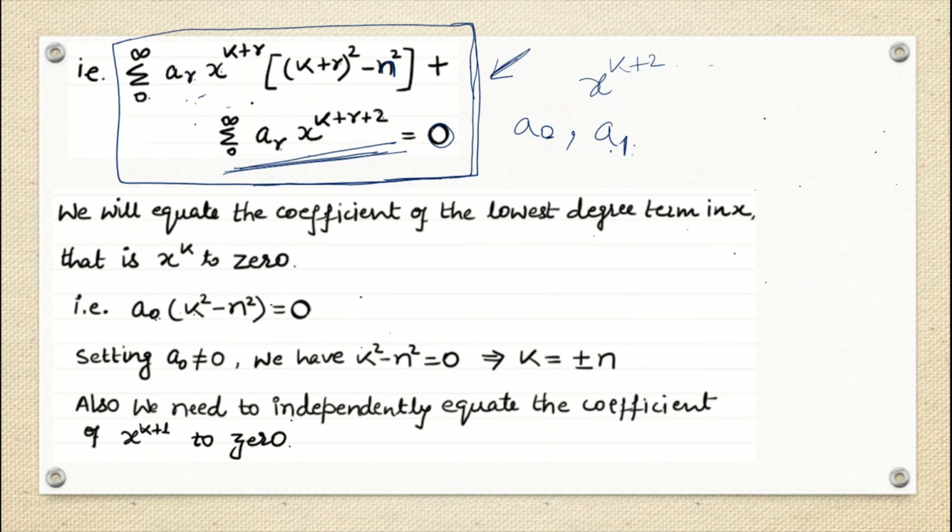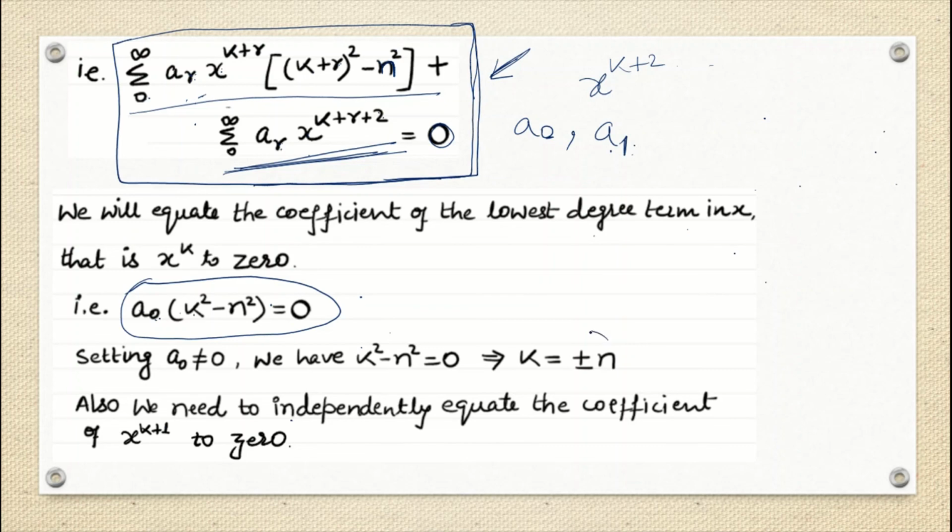Fine. So a0 and a1 you have found by using only this term, right? You have just picked out what is the coefficient at r equals 0, because you are equating the coefficient as 0. You cannot equate n as 0, you cannot equate k as 0, they are already given, they are just constants. R is the only thing governing this series. So you are equating r as 0, 1, 2, 3, 4 and so on to get the coefficient of the first term, second term, third term, and equating them all as 0. Okay. So you have analyzed, right?